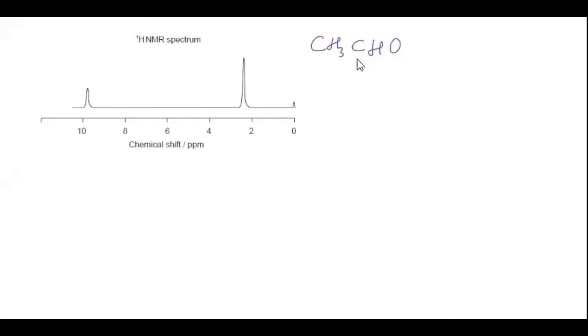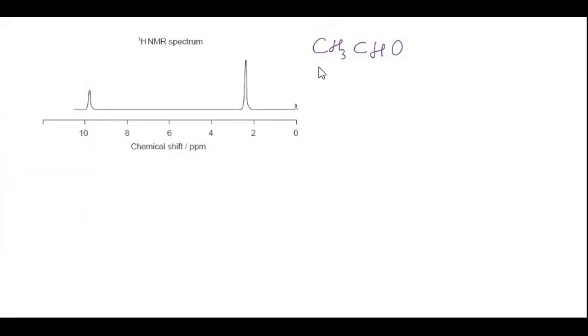It was CH3CHO. Now, there are two environments in it. One is the hydrogen in the CH3 environment, and there is also the hydrogen in the CHO environment, meaning hydrogens in two different environments. So this is environment A and this is environment B. Now, a hydrogen atom in one particular environment, depending upon its surroundings, will be split into quartets, triplets, doublets and so on. Let's see how this happens.